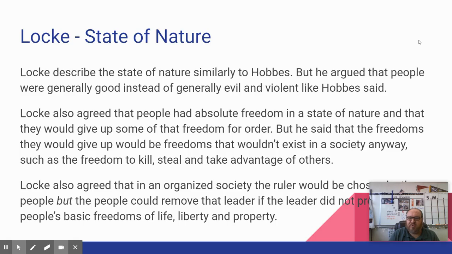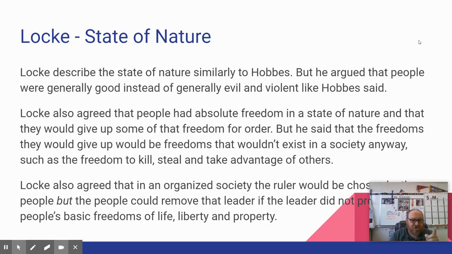John Locke also agreed that people had absolute freedom in a state of nature and that they would give up some of that freedom for order. But he said that the freedoms that they'd be willing to give up would be freedoms that wouldn't exist in a society anyway. Things like freedom to kill, freedom to steal, freedom to take advantage of others, those wouldn't exist. Locke also agreed that in an organized society, the ruler would be chosen by the people,